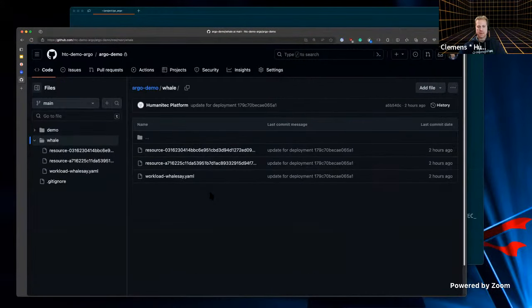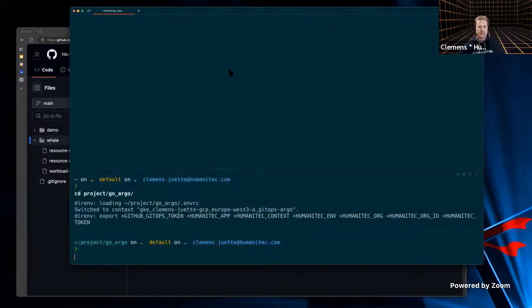And if I go in here, I can see that here are resources and a workload in YAML format. So these are the custom resources which are generated by the process and describe how this will look in the end. So now the question is, do I have that on top of my runtime environment, on top of my cluster? Let's have a look.